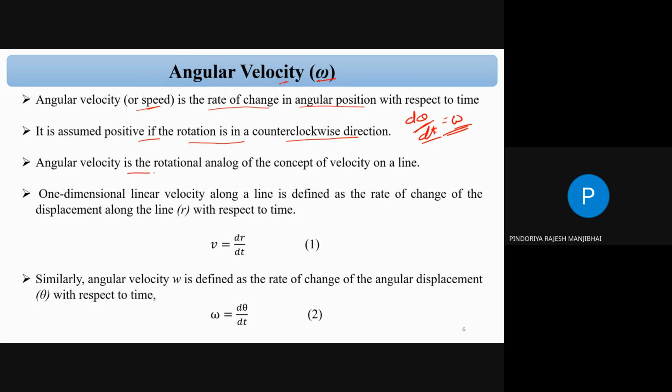Angular velocity is the rotational analog of the concept of velocity on a line. Yes, we can say linear motion, otherwise non-linear motion, correct? So it depends on the speed, and we define it by V. One-dimensional linear velocity along the line is defined as the rate of change of displacement